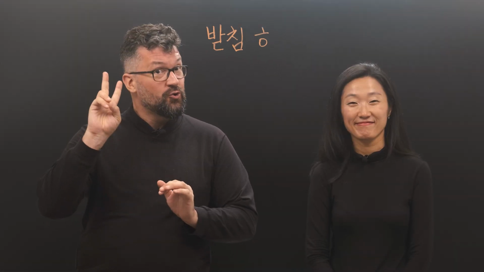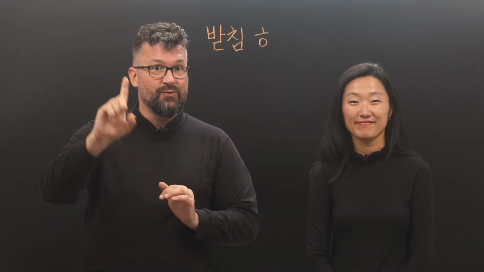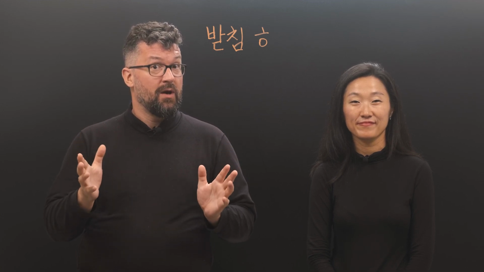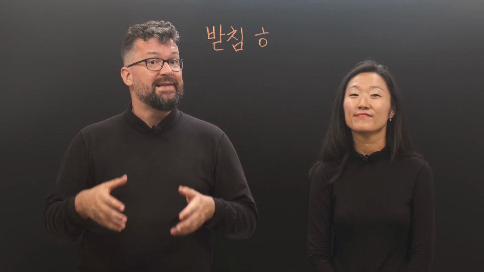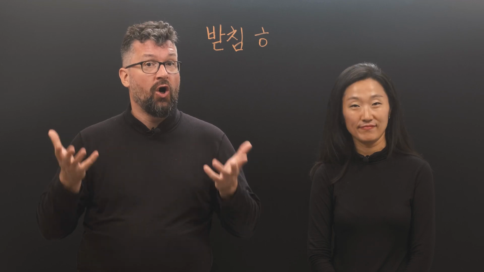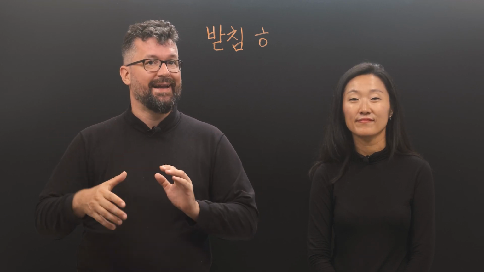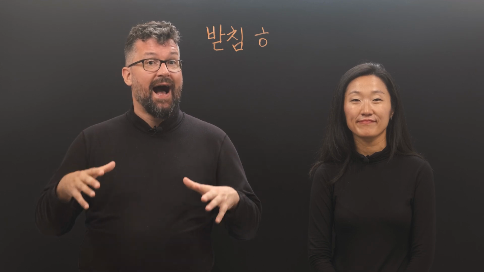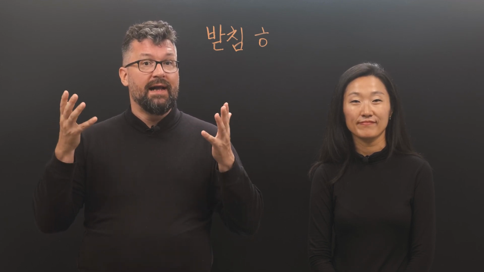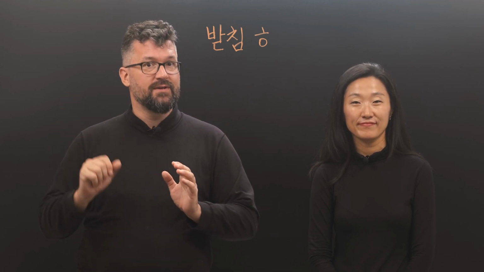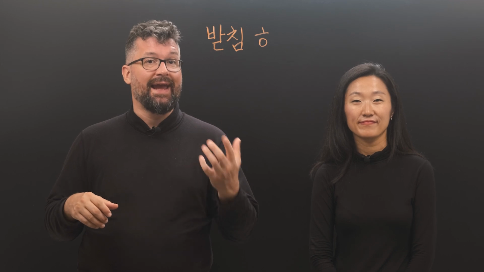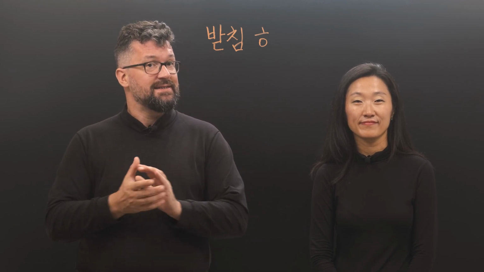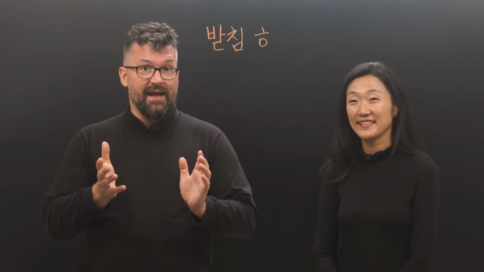We're gonna learn two rules now. Here is rule number 1. When an irregular verb or adjective stem with Batchim ㅎ meets ㅏ or ㅓ, we remove ㅎ and add ㅣ. If the verb stem ends in ㅏ or ㅓ, the combination with ㅣ results in the double vowel ㅐ. And if the verb stem ends in ㅑ, the result is 예.